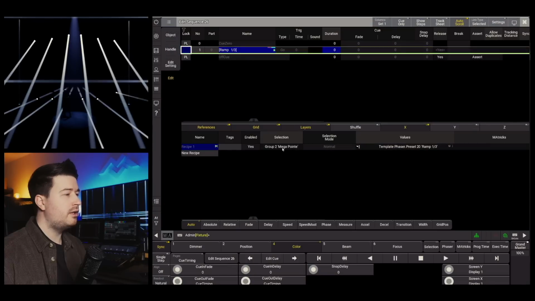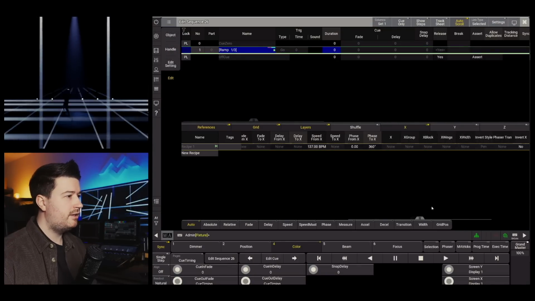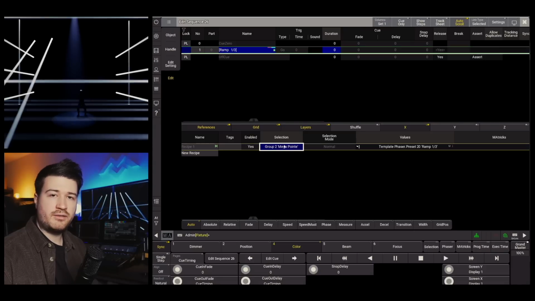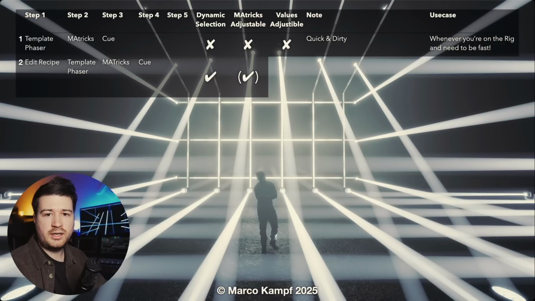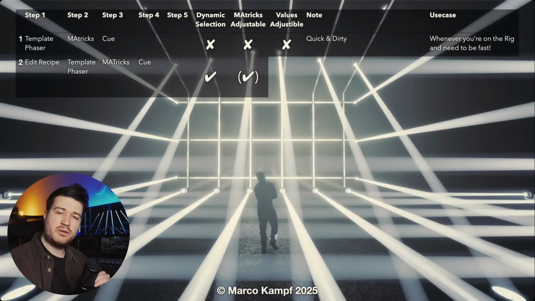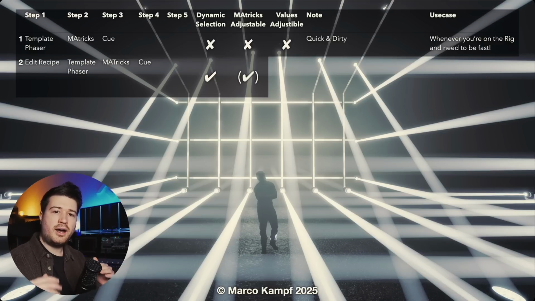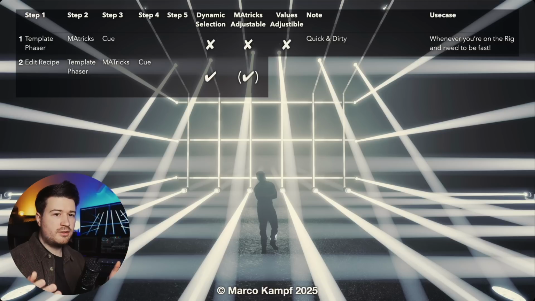When I look into this queue, you can see the recipe is here, and this way now we have referenced the group. That means that we have a dynamic selection. Dynamic selection is working. MA3 adjustable, of course, it's also adjustable because the MA3 is now living in that recipe line. However, I put it into brackets because